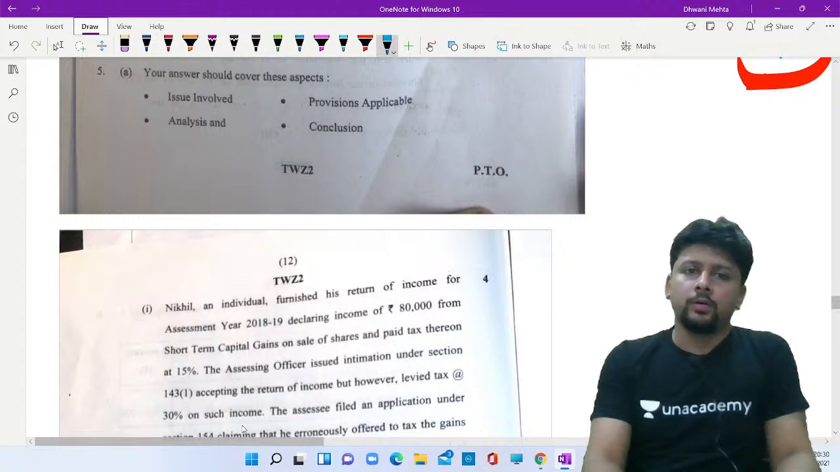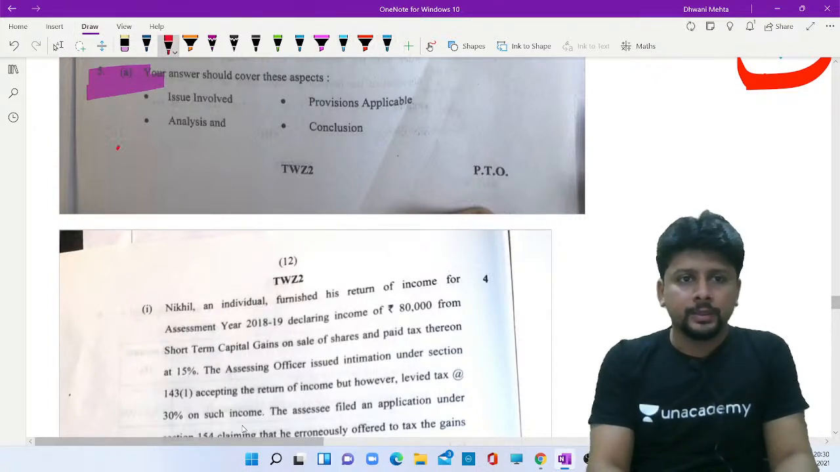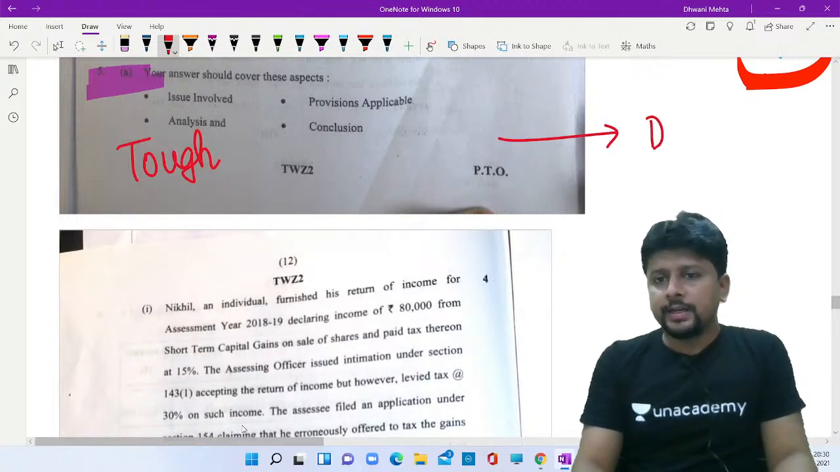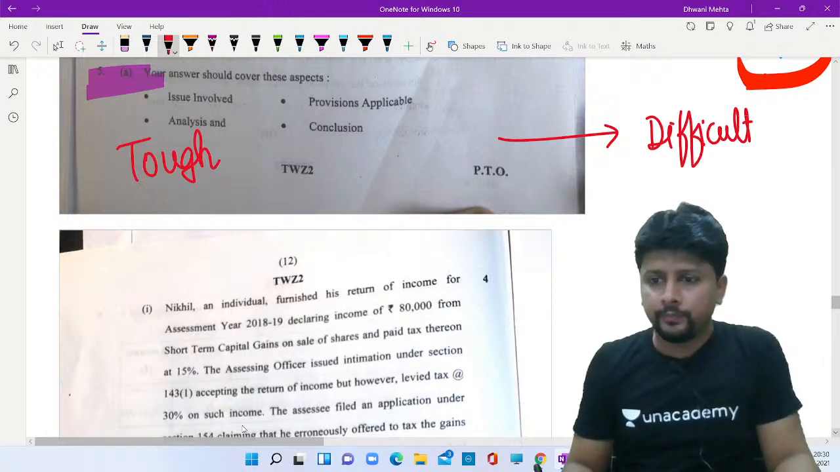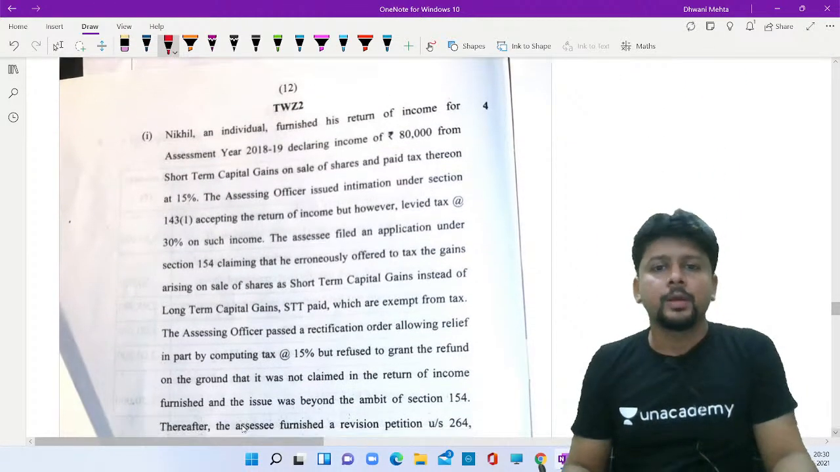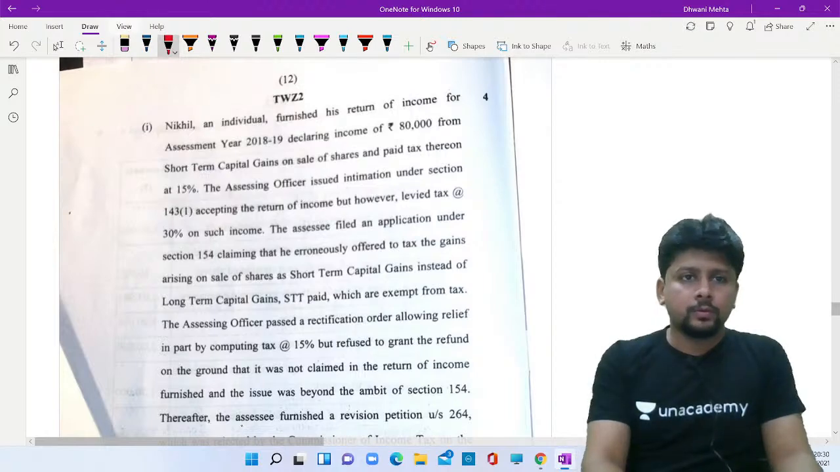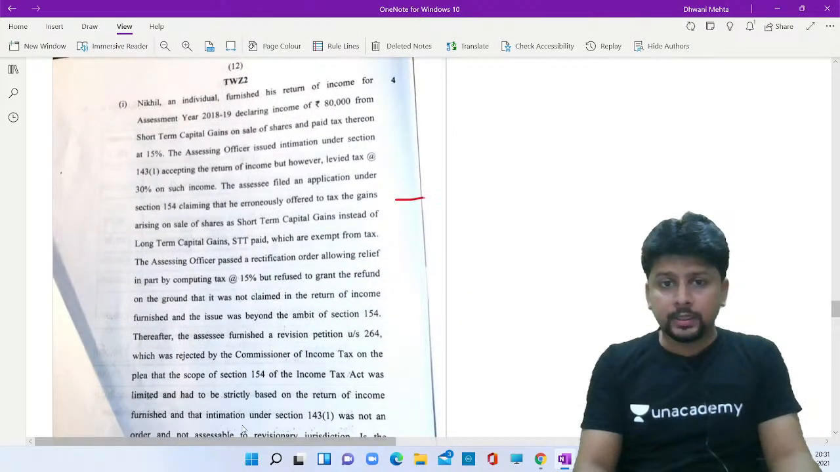Question 5. Now, honestly, this question 5 was the tough part of the paper. This was really difficult. It was a pure theory question. Question number 5, it was a question based on